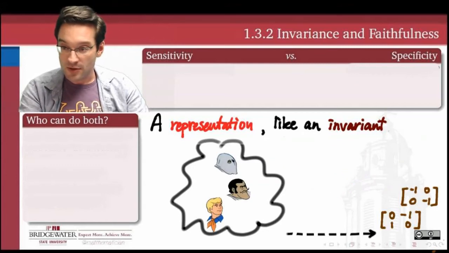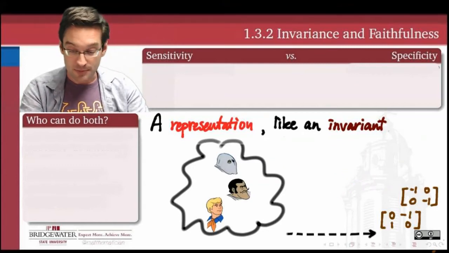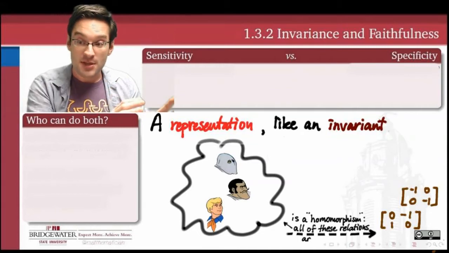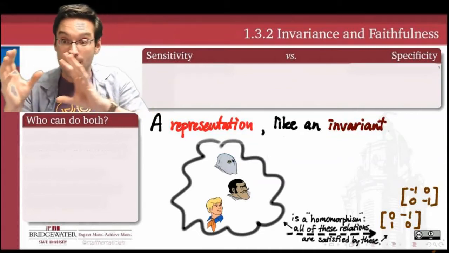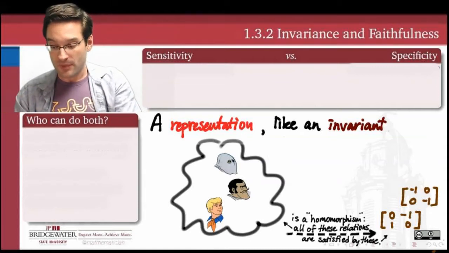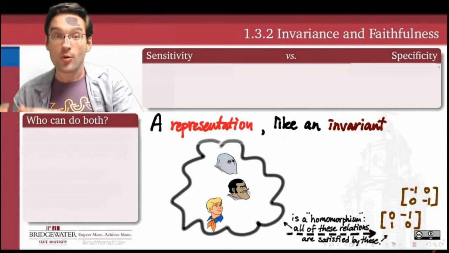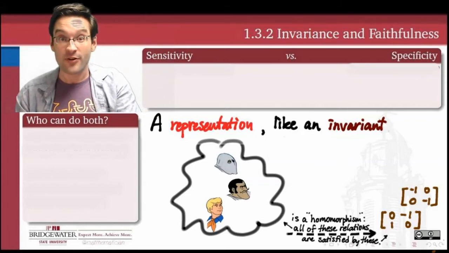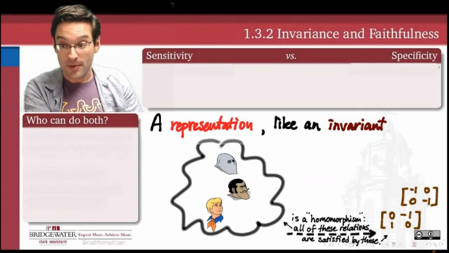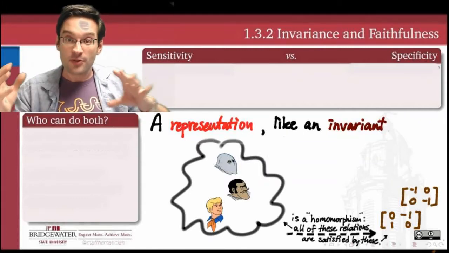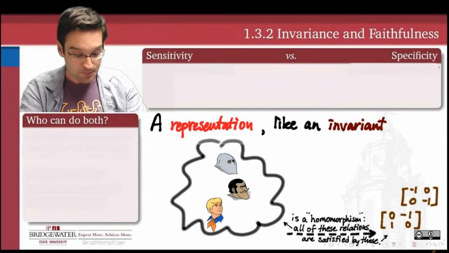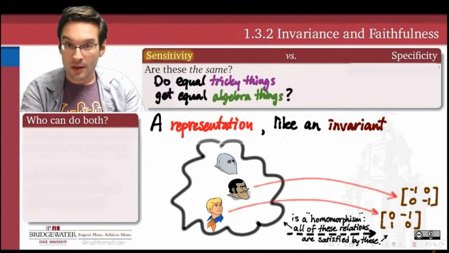Well, the first thing to know is that every representation is required to represent the elements of a group by matrices that at least satisfy all the same relationships with one another as the elements of the group did, right? An algebraist says that there's a homomorphism, a structure-preserving function from the group elements to the matrices that represent those group elements. So there at least has to be some reflection of the complicated structure within the matrix structure. In other words,